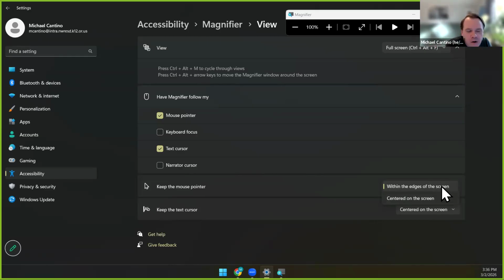The more traditional one that I'm used to seeing is keeping the mouse within the edges of the screen. The way that works is you'll have your magnified view and it stays stationary until you move your mouse cursor up to the edges of that magnified view. Once you start hitting the edge, the magnifier is going to start moving in that direction. So it's not jumping around or moving around quite as much. It's also not as responsive as if you had the cursor centered on the screen the entire time. So you want to understand the difference, and spend some time with your student to see what